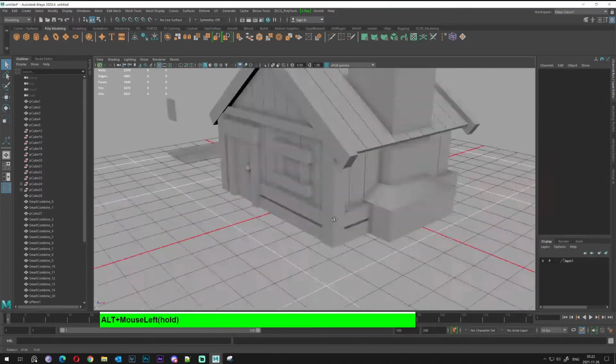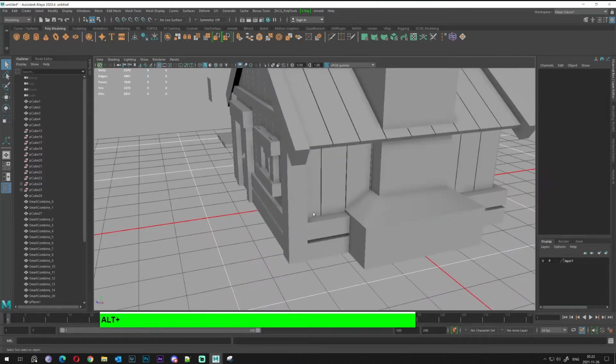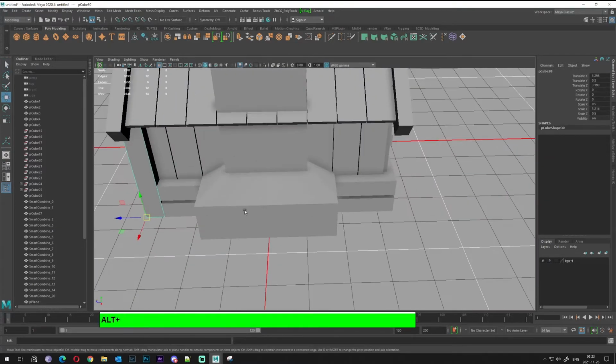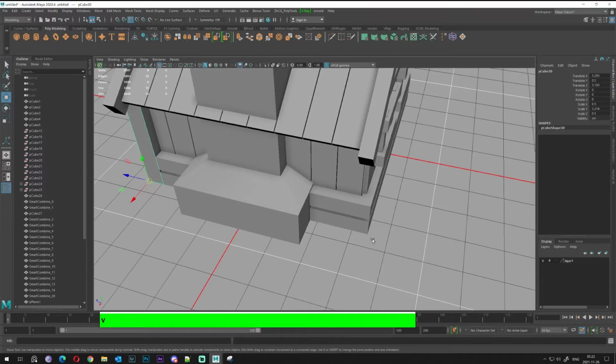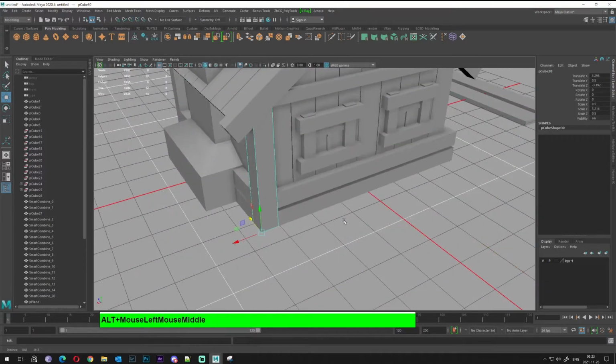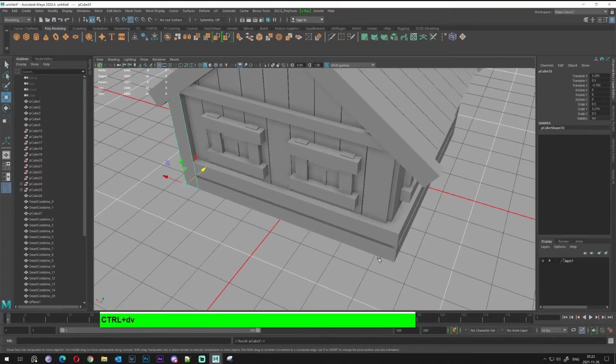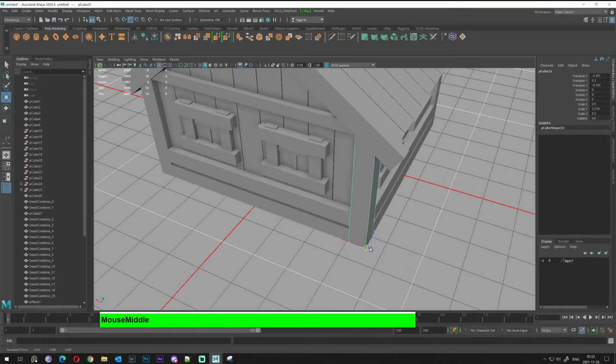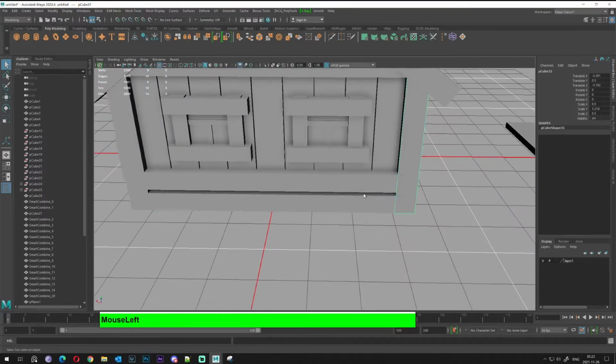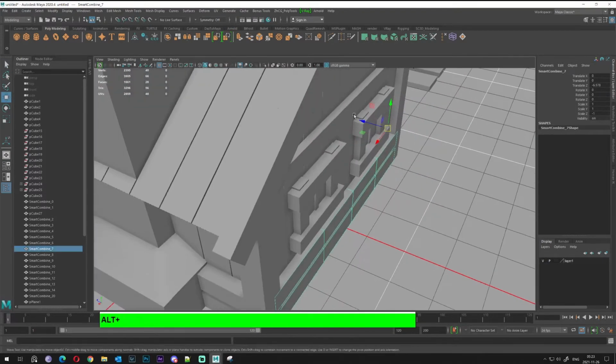Very good. Can do the same thing in this area. Snap it. Do the same thing in this area. Snap it. Okay, so just try to align,